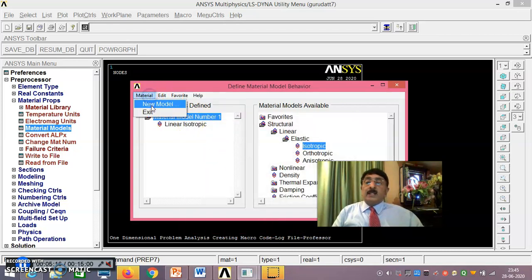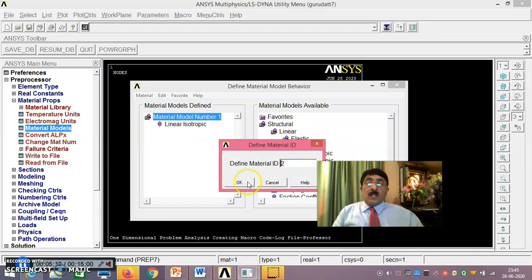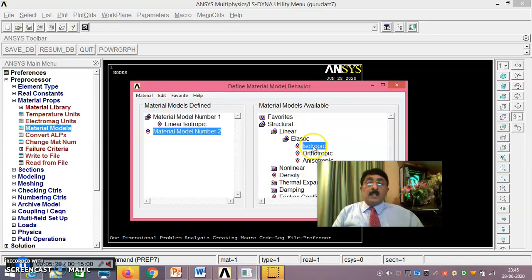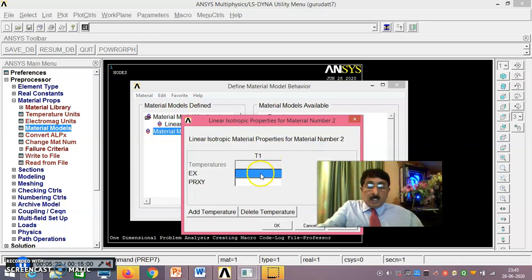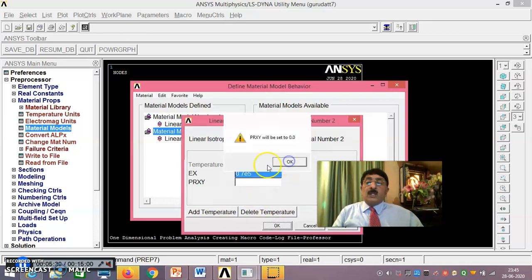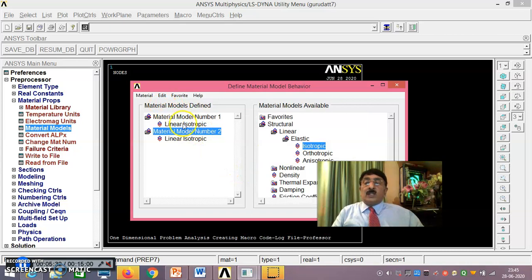Then material, new model. For aluminum you give 0.7E5. That means two materials, one for steel 2E5, one for aluminum 0.7E5. In that way material exit.